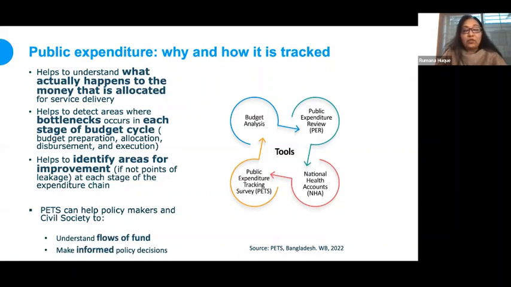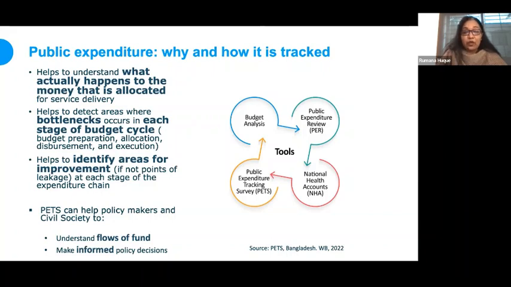And it also helps to detect the areas where the bottlenecks and challenges are in each stage of the budget cycle. That means, as I was trying to say, you prepare a budget, that is some sort of plan and estimation. Following the budget, you allocate it: okay, I will disburse this amount following the budget. When you disburse, it comes to the hospital. And after the disbursed amount comes to the hospital against that budget, the hospital authority executes that,